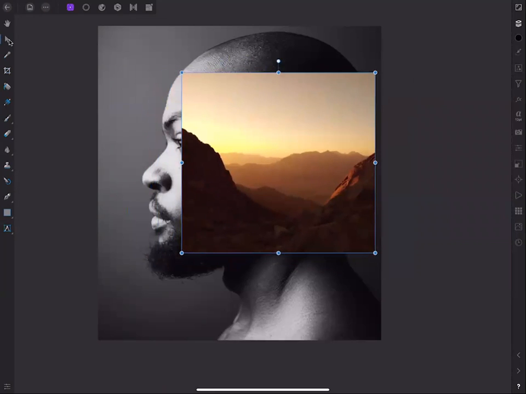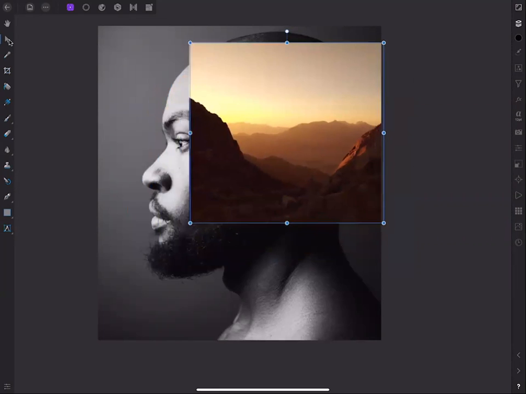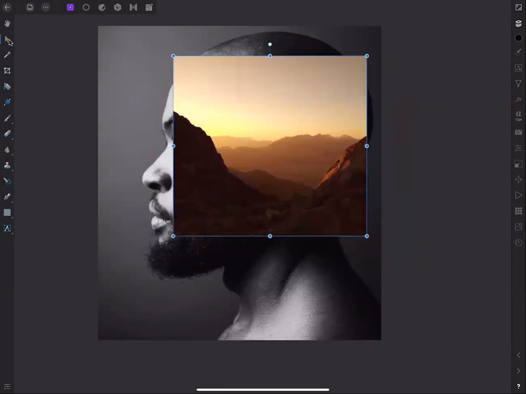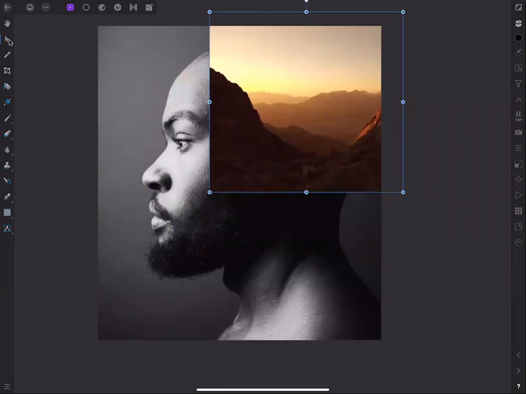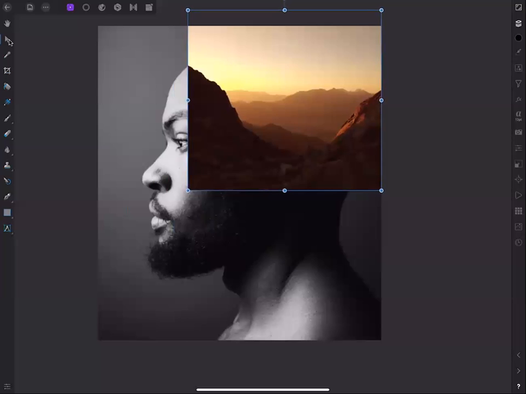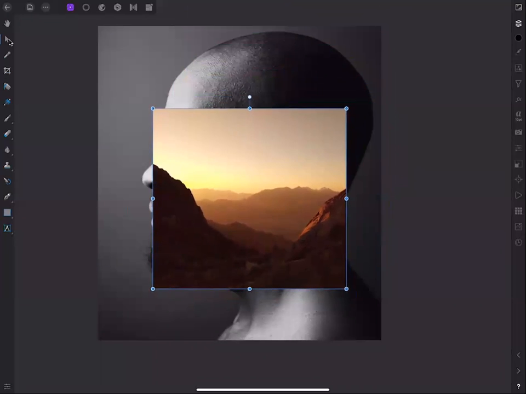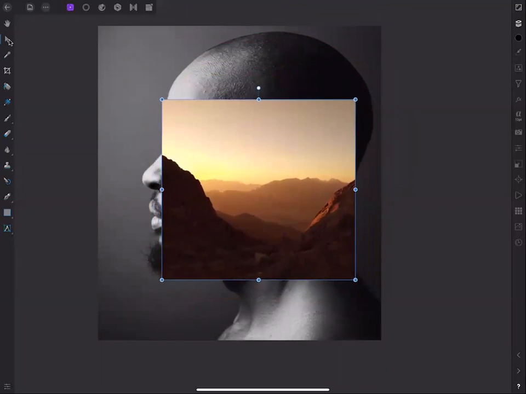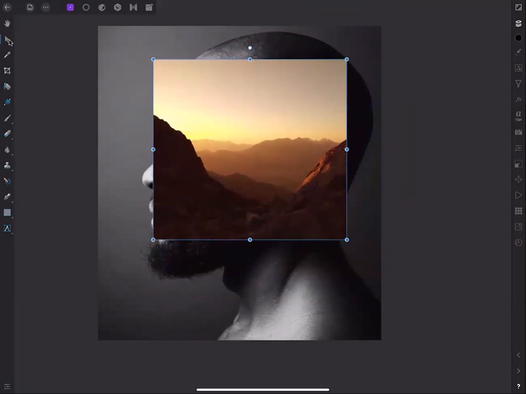And what you want to try to do for this effect where you're compositing images together, you don't want to just arbitrarily dump the image and then add the mask and try to blend them together. I'd like to try to have some relationship between the images. So, does it line up with the edge of the eye or the nose, perhaps? That's kind of interesting. Maybe we want to just obscure the whole top of the head. I don't know. Or perhaps we rotate it